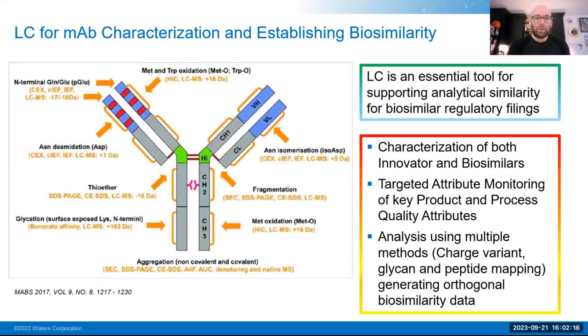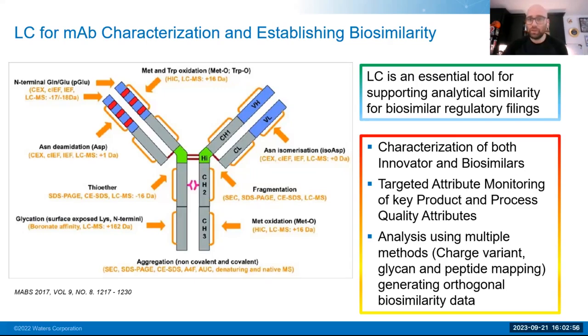So when we look at a biologic, specifically in this image, a monoclonal antibody, what you'll see is it's made up of a variety of variants that are native to the actual structure. And when developing a biosimilar, not only do you need to match just the basic sequence and structure of the actual monoclonal antibody or whatever recombinant protein that you're developing, but also should be matching to the greatest extent the variants that are present within this biologic. It's very critical that they are as similar as possible to make sure that the efficacy is similar when compared